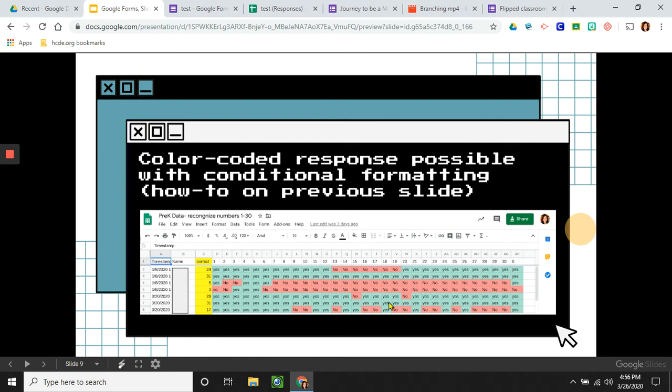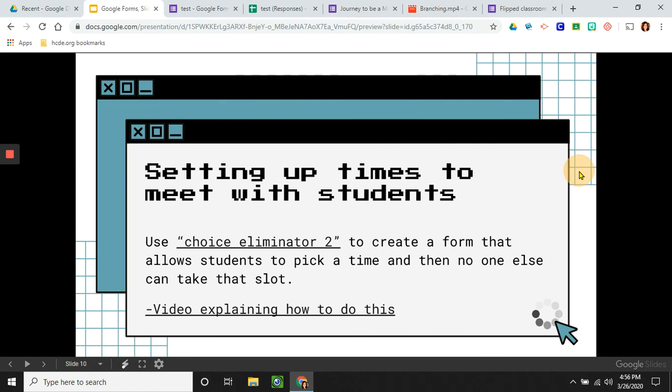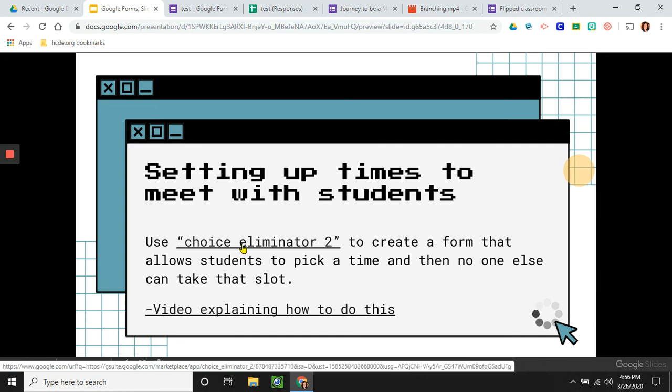So I could use this for myself. I could say, look at us, we're doing great. I could take the names away. The colors are so helpful. Y'all know that. And then another thing you can do with a form is the choice eliminator, where you take,